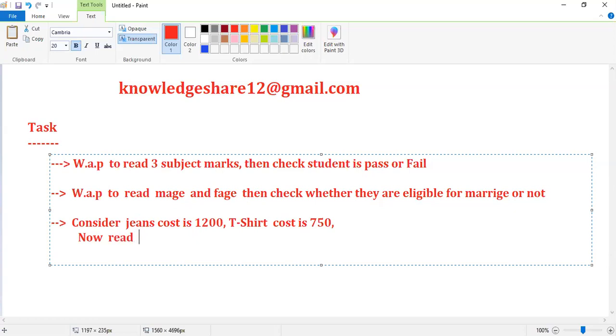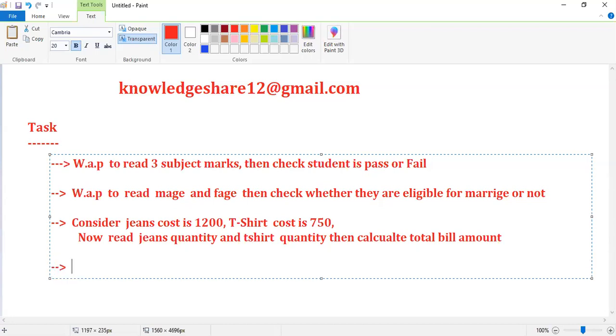Now read jeans quantity and t-shirt quantity, then calculate what, guys? Total bill amount. Write a program to read annual salary of an employee, then calculate monthly salary.